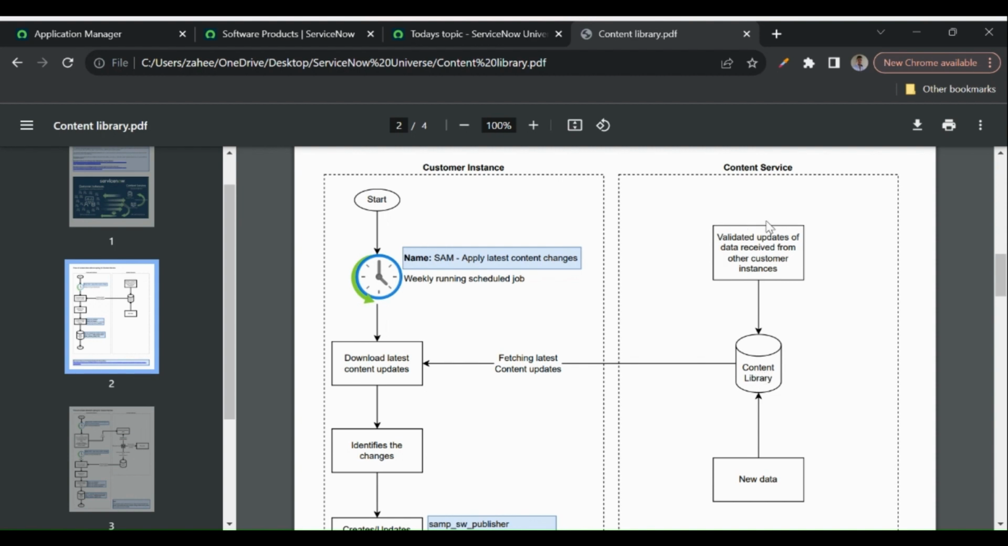This is first. And second, for example, other customers, other companies, have sent some requests when they opt for content service. We will understand that in our next flow. Currently you just understand that some other customers have sent some data to the content service for validation, and that data after validation is put in the content library. We will see what that is in the next flow. Now that data comes